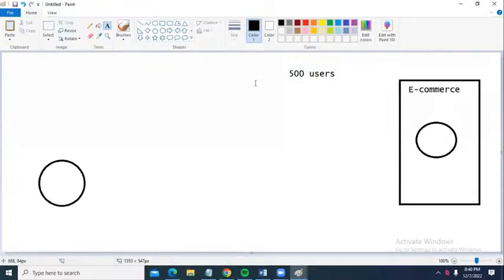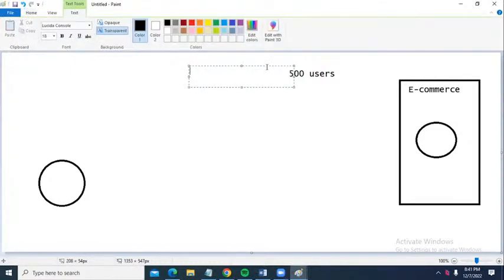But an e-commerce application in festival seasons like Dasara and Diwali will provide more offers, right? Like air conditioners, mobile phones, and laptops. To grab the offers, only 500 members are connected? No, right? Just imagine my expectation is 5,000 users connected.